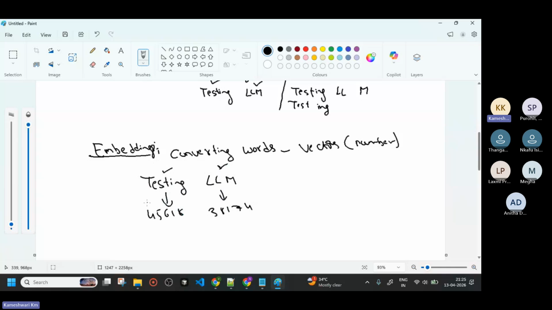These are the numbers which are automatically converted and assigned, and they will be stored in the vector database. For each and every data, we have the database. When we say embeddings, they are going to be stored in the vector database. Each company maintains a vector database. If you are using RAG, we can do everything in a local DB, which is called Chroma DB. I will explain that when we get to RAG. So the data is stored here.